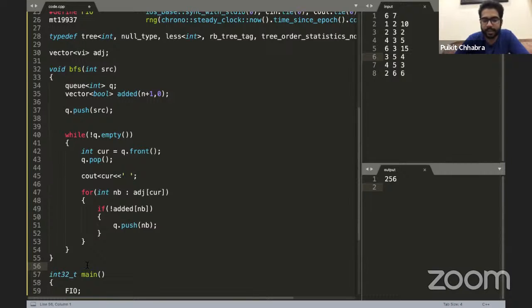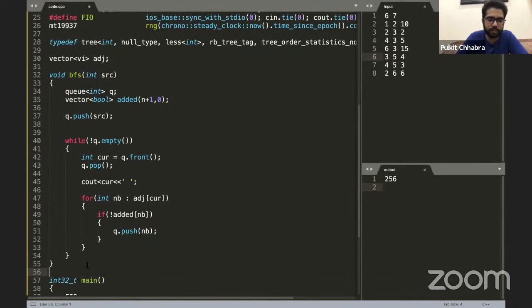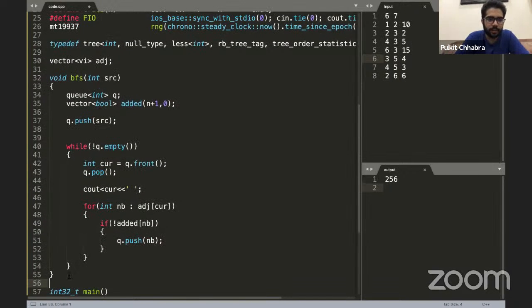There are some mistakes in the code. I'm waiting for you guys to point them out. They're in the BFS function only. Tell me, where are these mistakes?